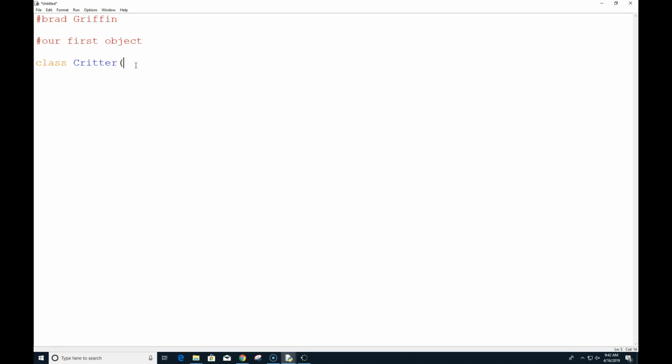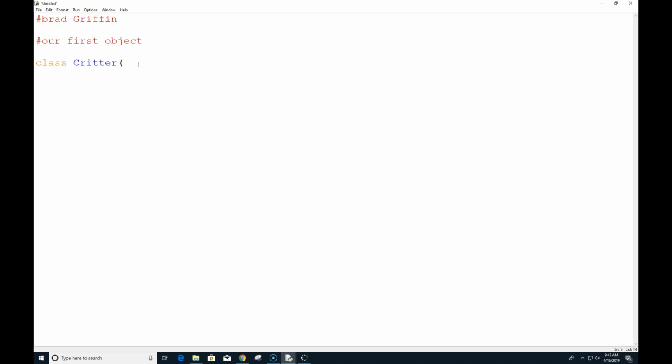We tend to use uppercase. So on page 221, defining a class. When we define this class called Critter, by default we tend to use capital letters to say that that is going to be an object. Not on the entire thing, it's not a constant, but we'll use an uppercase.